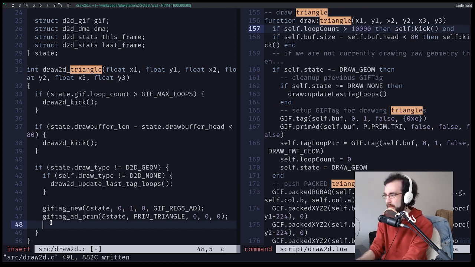So, this one. We know we only have one draw loop here, but then we need to make a tag that has, well, we need to actually store a reference. So let's say gif. I guess we do this anyway though. State 0, 1, full 0. And again, we kind of did this in Lua anyway. So we're going to say gif reg